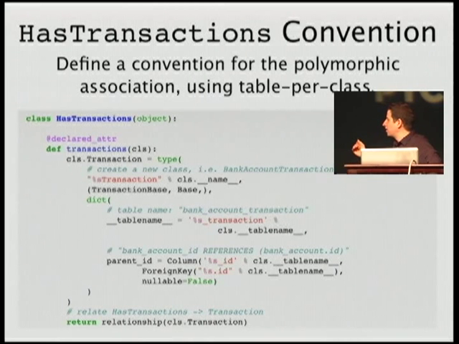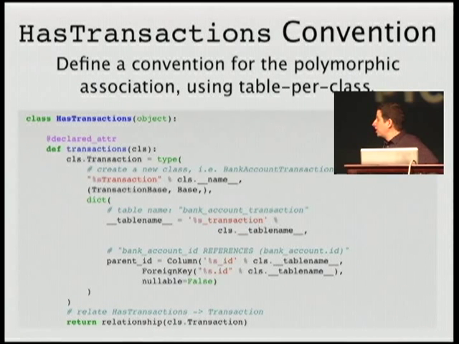But what we're doing here is when you create a class that includes HasTransactions mixed in its class hierarchy, the declarative module will see this method called transactions, and it will call it, and then evaluate what's inside of it, and the return result will be returned as though you had just said transactions equals relationship to some class. So when transactions is called, when you make a new class like PortfolioAsset, declarative evaluates that method,